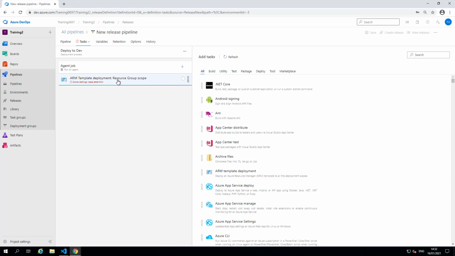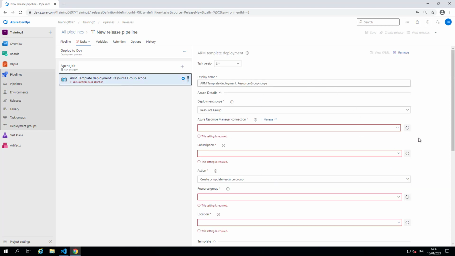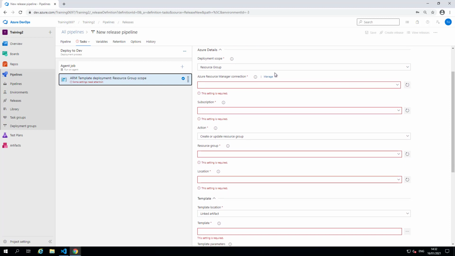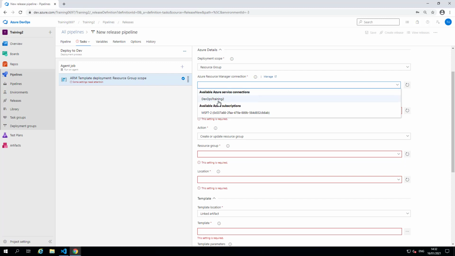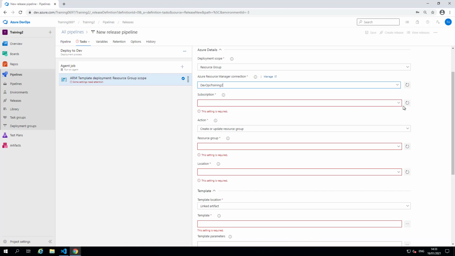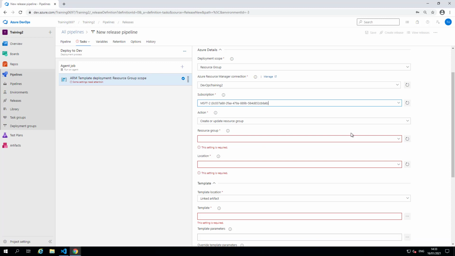And if we click on that now, we can specify all the variables, all the information that it needs to deploy. So it's a resource group deployment. How are we going to connect? So we're not logging in manually, so it's all through Azure DevOps. So it's another service that's logging in, not us. So what we want to do is use our service connection. So we can see our connection is now there. So we can use that connection now. And that will then go and check what subscriptions it can see. We've only given it access to that one. And the same, your users will see the same thing. They'll only get access, and they'll only be able to see the areas that you've provided access to. And you can only see 2 resource groups in here, for example.